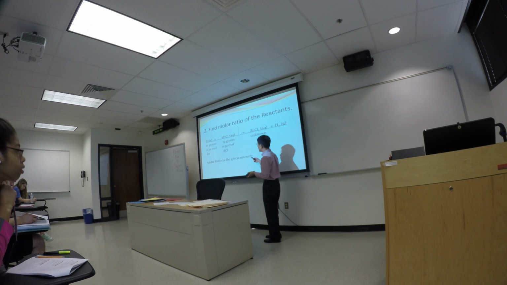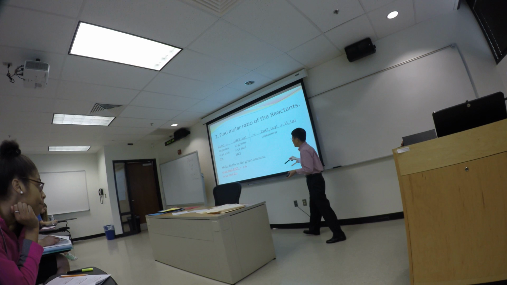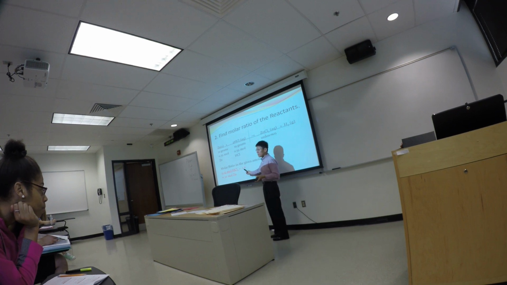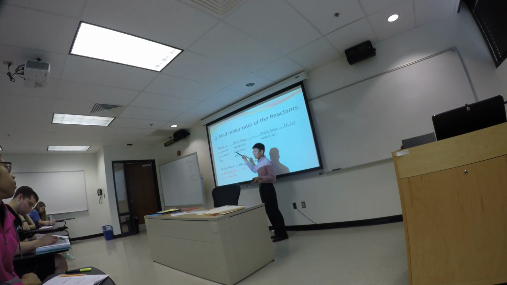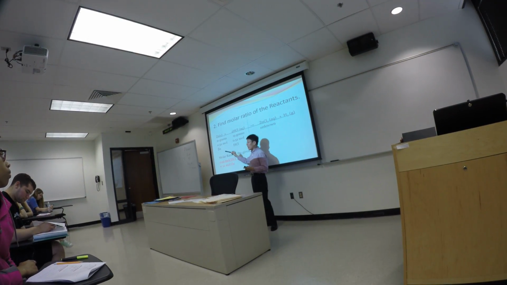Okay, so the molar ratio in the given amount is 0.52 divided by 0.32. It's 1.6. The required amount is 2-to-1, not 1.6 to 1. Okay, the required amount is 2-to-1. That means we don't have